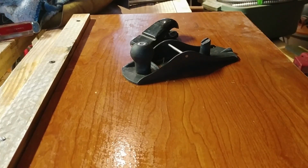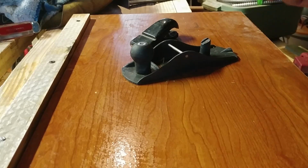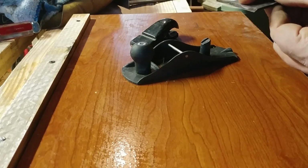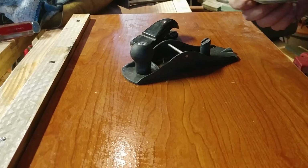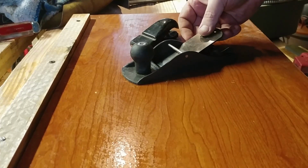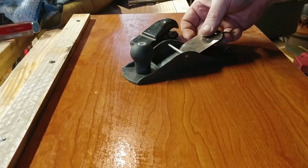blade, okay, different types of blades, you're going to have the bevel down. Some types of blades, you're going to have the bevel facing down, and then sometimes the bevel will be facing up. The easiest way to remember which way it's going to go is whenever the blade is sitting in your plane, you've got to look and see. So if I just put this bevel down, setting in here,